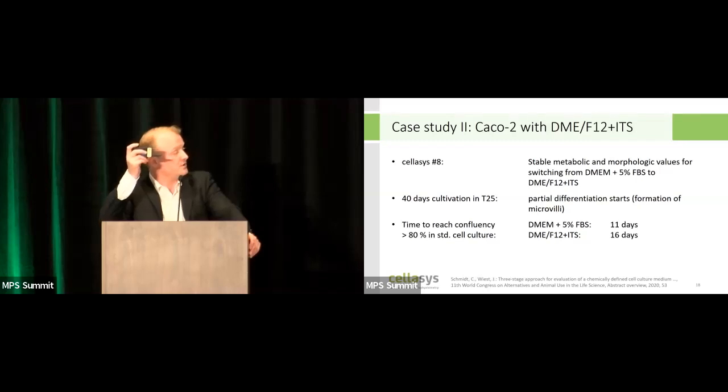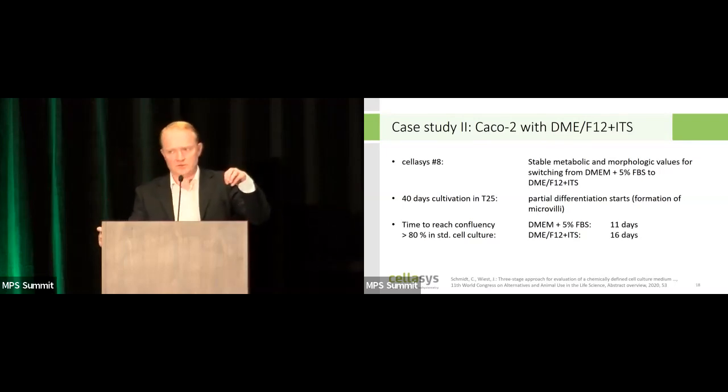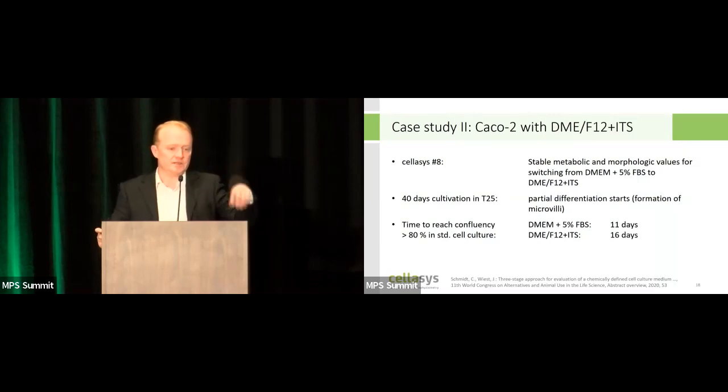That also worked. We saw that the cells need a little bit longer to grow, but they still grew continuously, I think over a year or something like that. And what is also important, at least for the CACO2 cell line, is whether they still create microvilli, so if they differentiate, and they also did that after 40 days of cultivation in